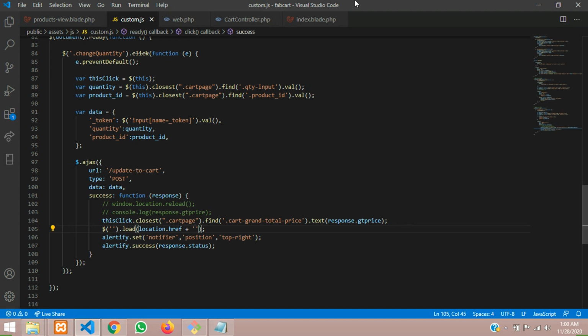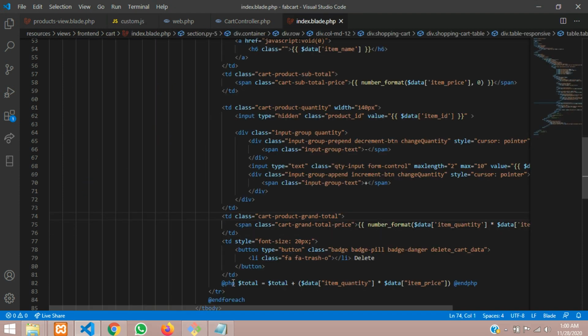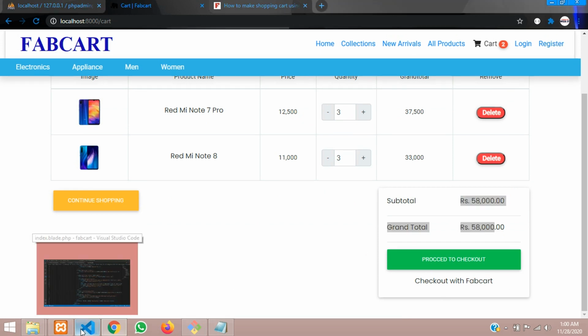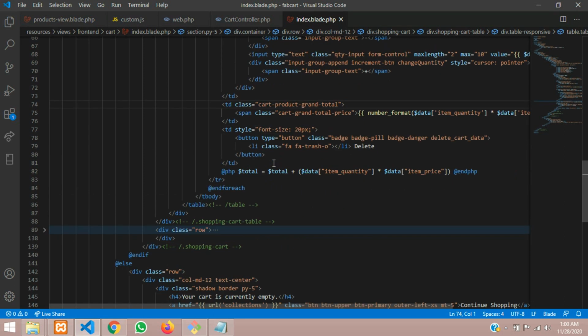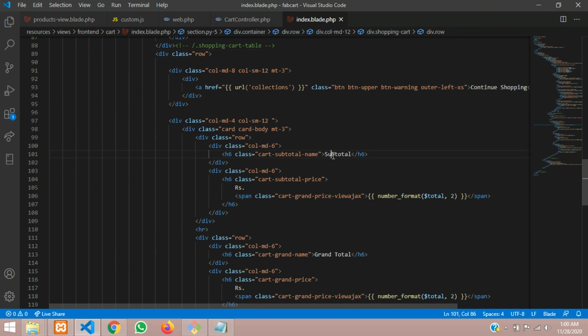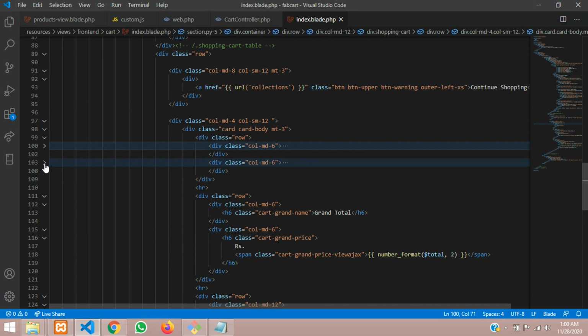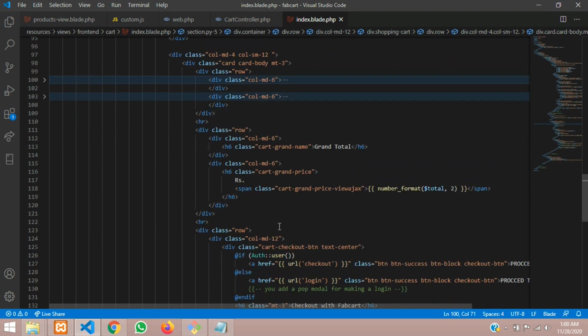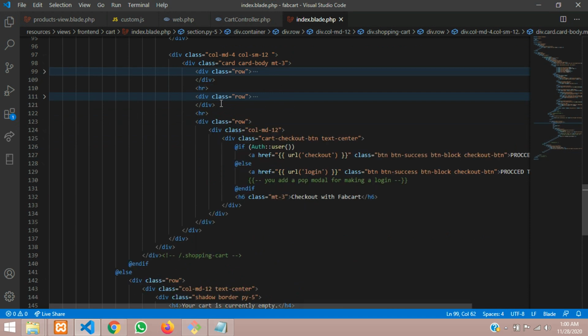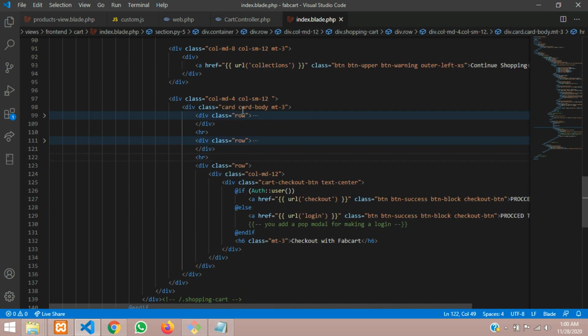So let me just go to the index page, and only we want to load this subtotal area things, only these two things we have to load. So for that we will just go to that below part, and you can find that subtotal is over here. Cool. So let me just comment this line and this grand total also we have to load the page. So let's comment this also, grand total. Nice. Okay, and then this is the card body.